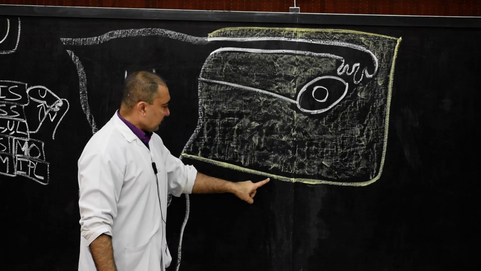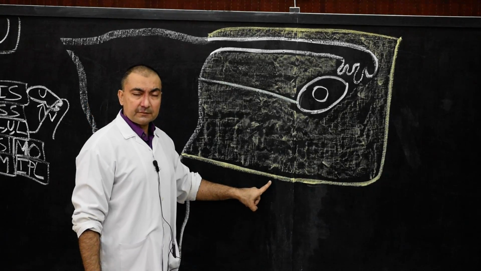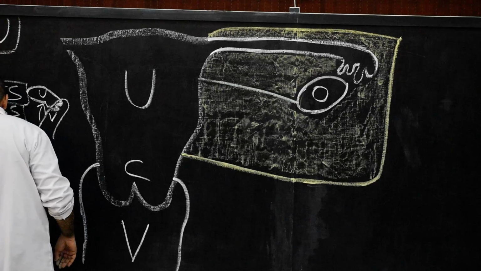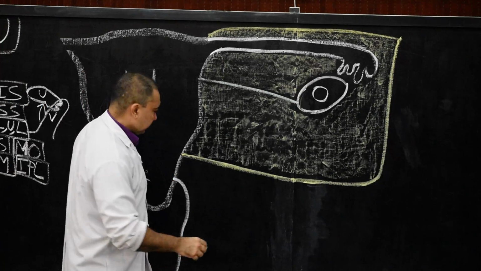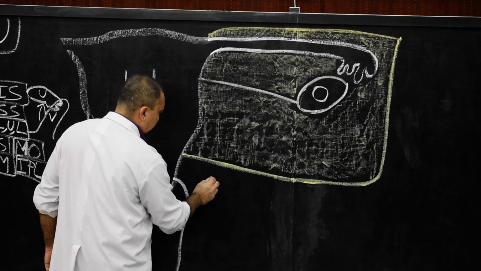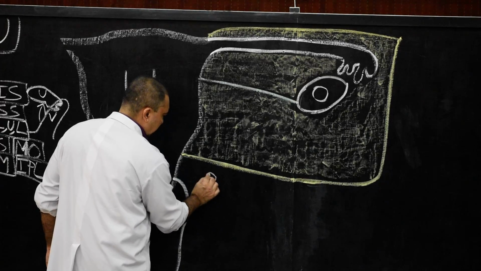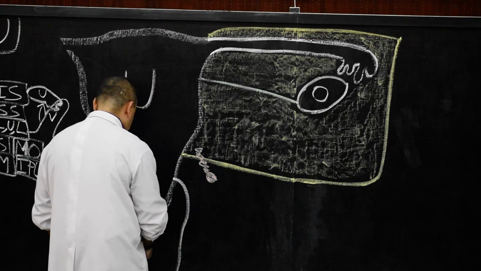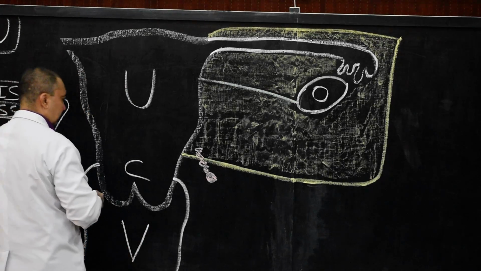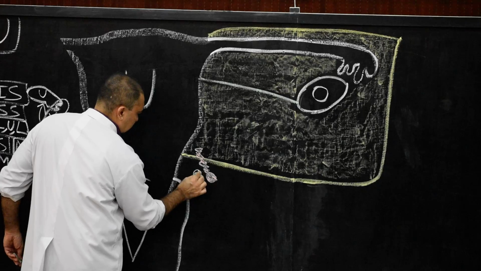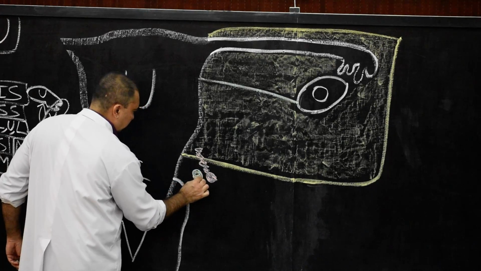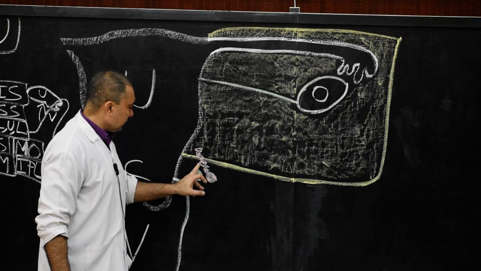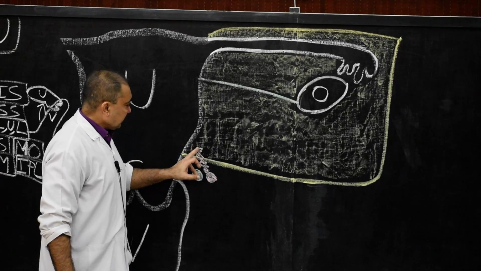Then we come across to lower border, where my finger is there. This lower border will function as the base of the broad ligament, and it will be related to 2 important structures. Although we have discussed this during the ligaments of the uterus. There will be the presence of uterine artery. This uterine artery will be crossing in front of ureter, and the ureter will be present here. So the base of the broad ligament or inferior border of the broad ligament is related with two structures, the ureter and the uterine artery, which will cross in front of ureter and enter as a content of broad ligament